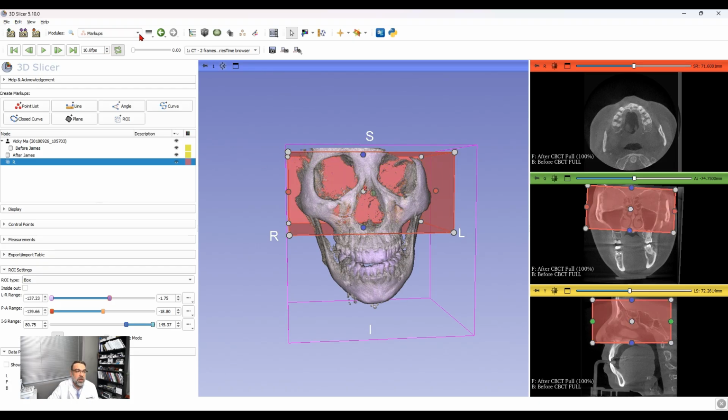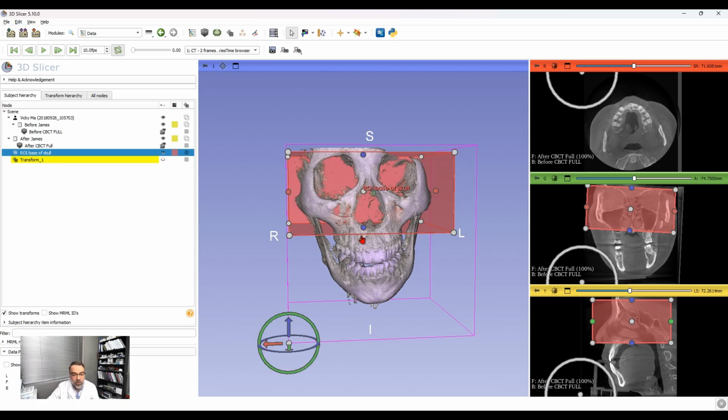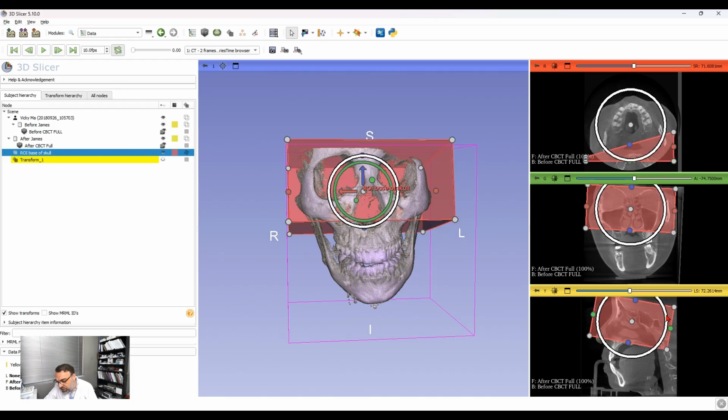So go to data, and then here, let me rename this one. I will rename it ROI base of skull. See, I name it base of skull. Now I will do a transform, create a new transform. Let me see the interaction. Okay, move it to the center of the node that I'm interested to move. Okay, excellent. So watch here, I will go here now, and I will rotate this box a little bit clockwise. Okay,